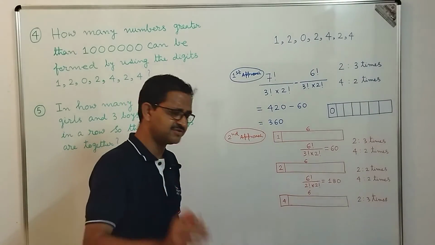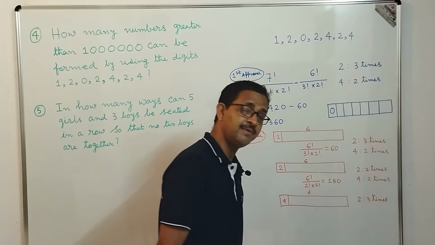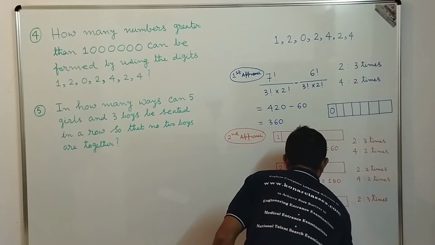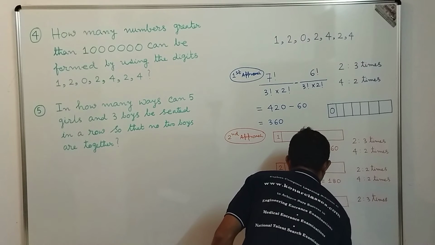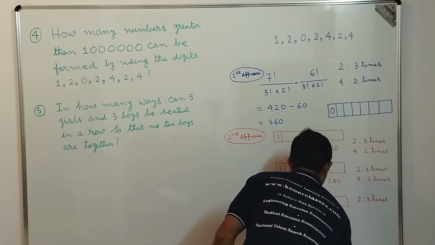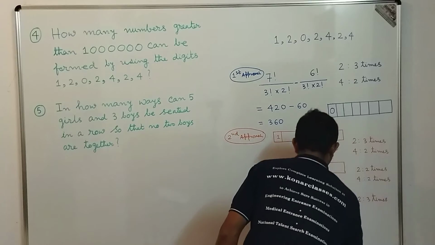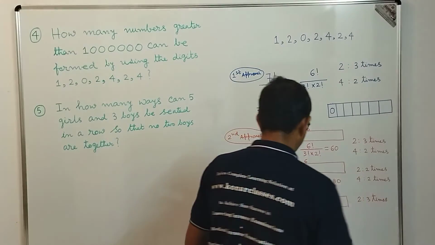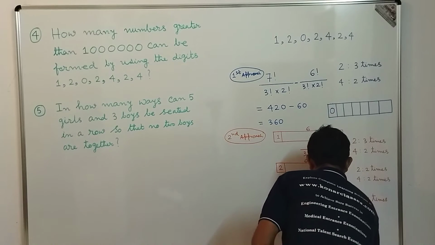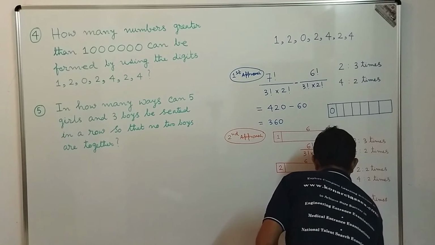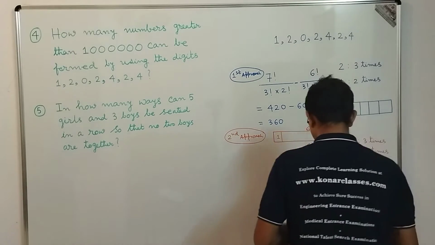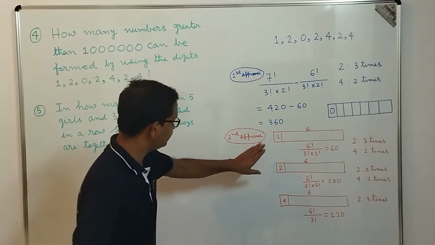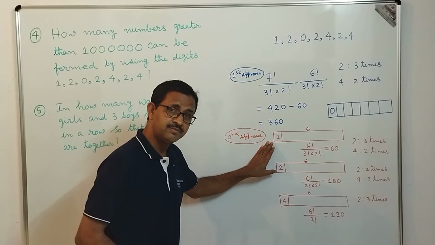1 time means it is distinct. So in how many ways can we make that arrangement possible? That should be factorial 6 divided by factorial 3. Correct? So now if we find the value of factorial 6 divided by factorial 3, we are going to get the value as 120.